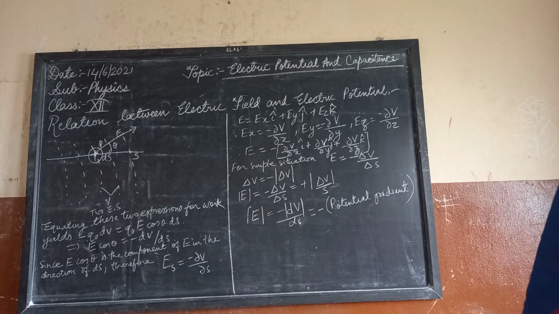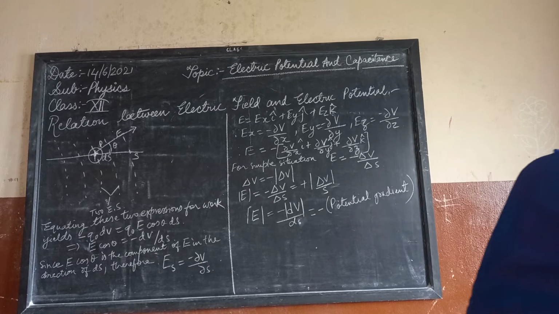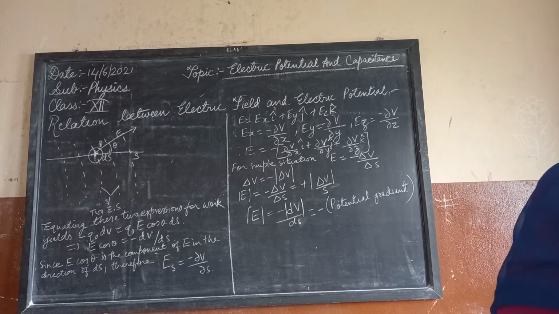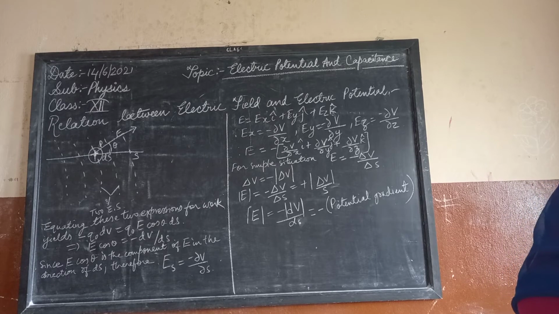So this topic is finished, and we arrive at some important conclusions for the relation between the electric field and equipotential surfaces. First, the electric field is in the direction in which the potential decreases steepest. Second, its magnitude is given by the change in the magnitude of the potential per unit displacement normal to the equipotential surface at that point. So these are the two points.